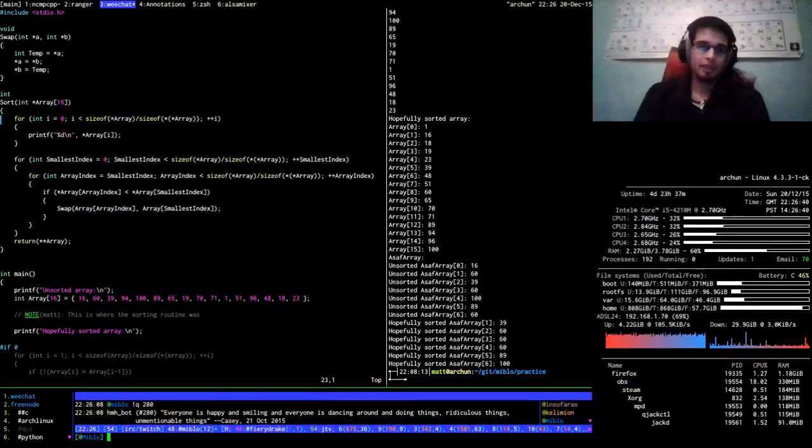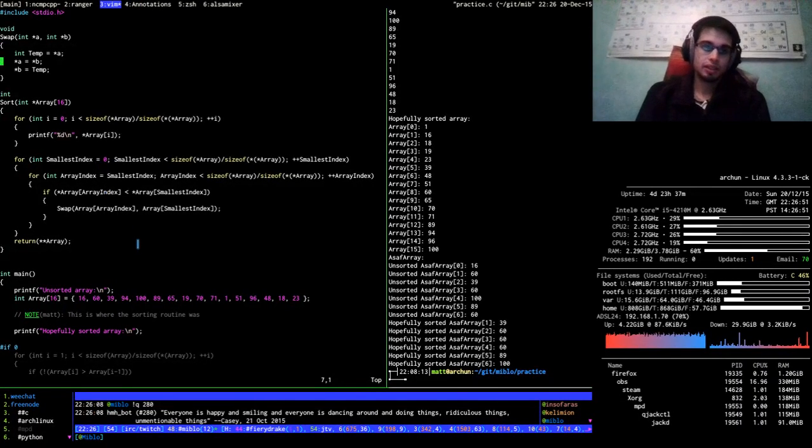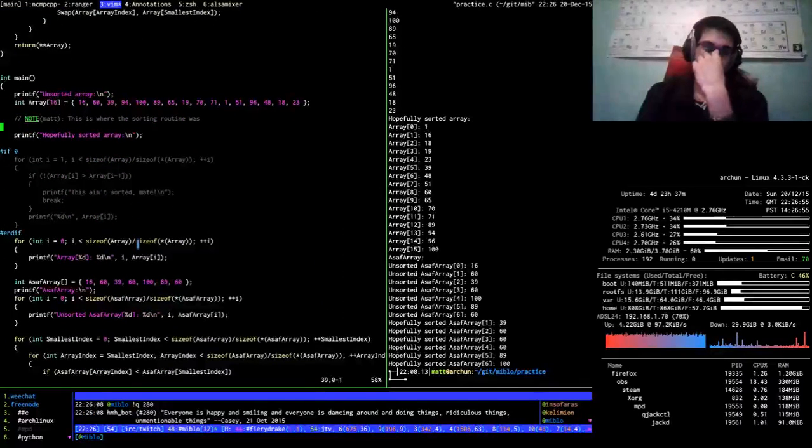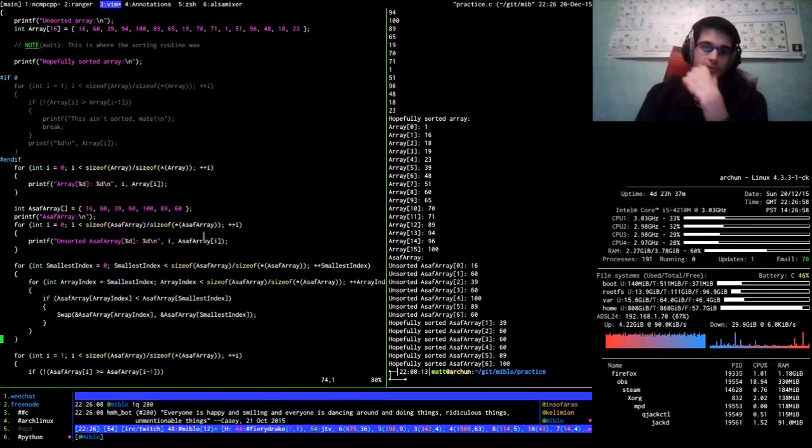I managed to bash out that routine before putting it into there, without too much trouble. Did the swap thing fine as well. Passed a couple of arrays. Successfully sorted a couple of arrays.